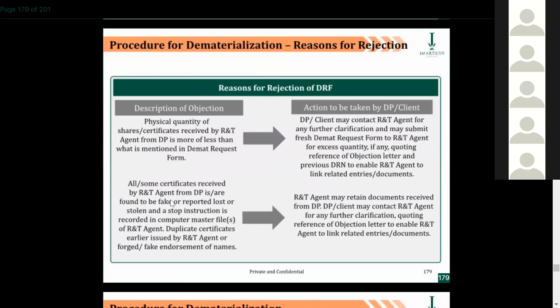Some certificates received by RNT agent from DP are found to be fake or reported lost or stolen, and stop instruction is recorded. That means these certificates are not genuine, and duplicate certificate earlier issued by RT or forged fake endorsement of names. So here nothing can be done. It would just be informed to the client. So RNT agent may retain document received from the DP. DP may contact RNT for any further clarification, quoting reference of objection letter to enable RNT agent to link related